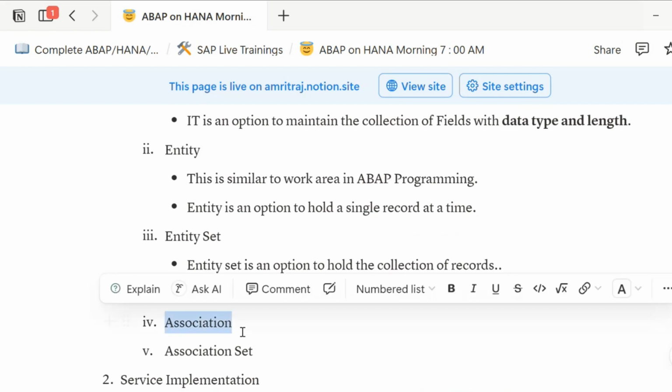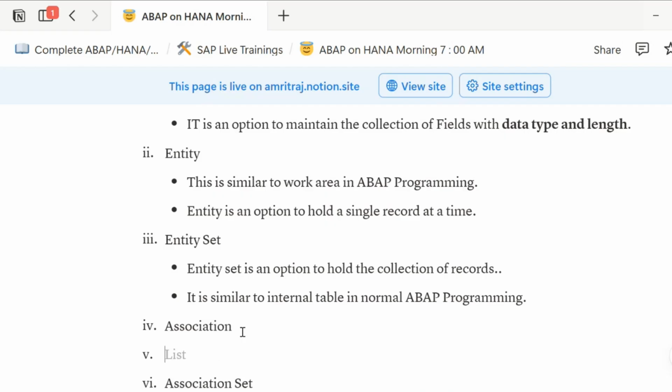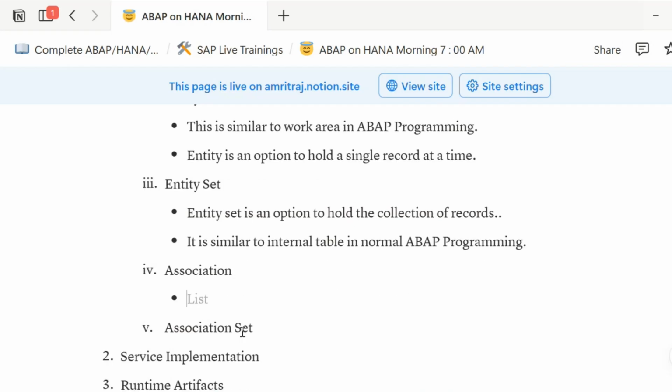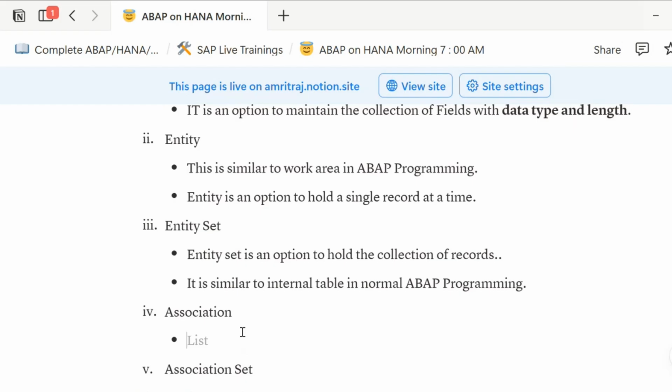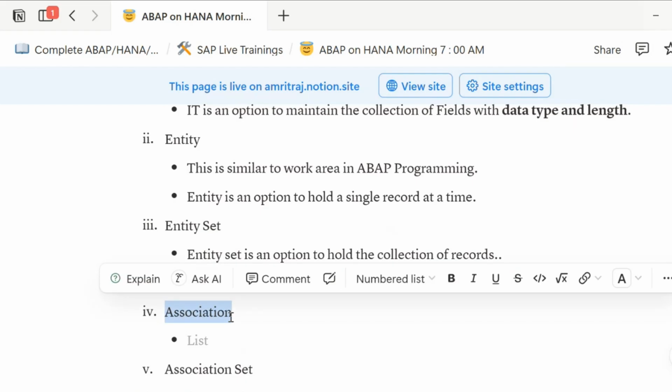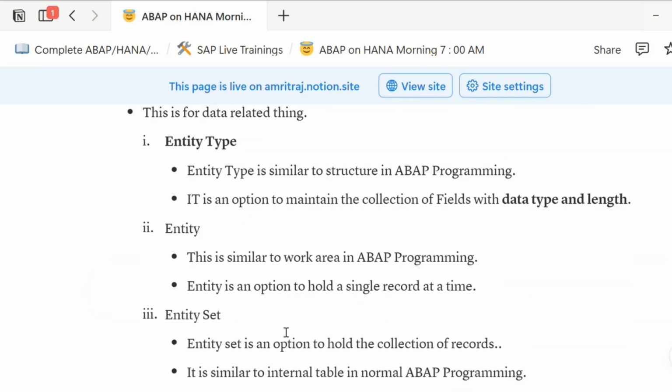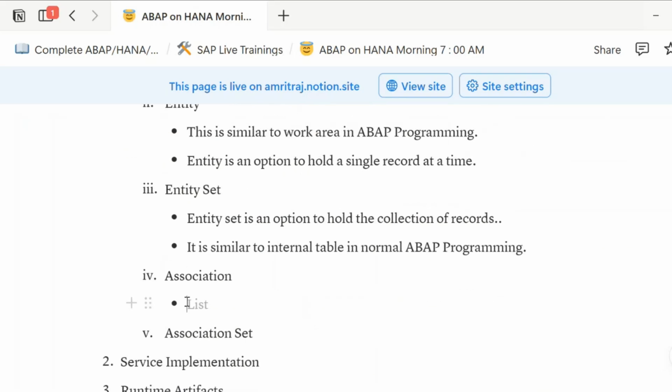Okay. How many of you recall the concept of association? Did we discuss it? Did we discuss association? Yes or no? No, sir. We did not discuss. Okay, no problem. What does association seem like? Just an English word, a relation between something, correct? So association is a type of relationship